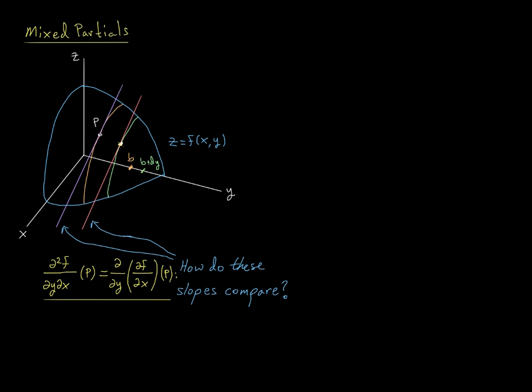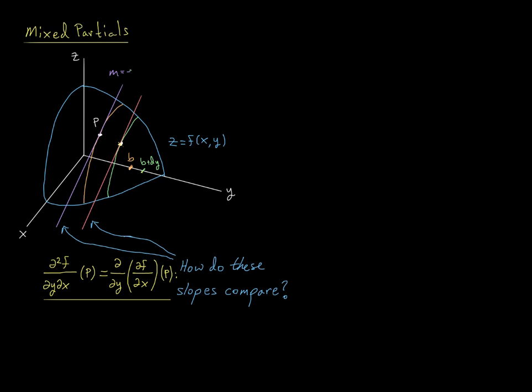Then I'm going to move a little bit forward in the positive y direction. And then I'm going to measure the slope in the x direction again. And then I'm going to ask, how do these two slopes compare? Am I getting more positive, more negative? What's going on there? Okay, so just to make this a little bit more concrete, let's say, for example, this slope here